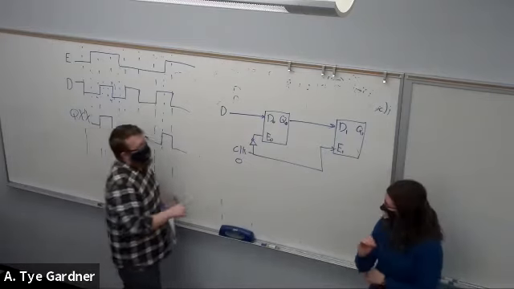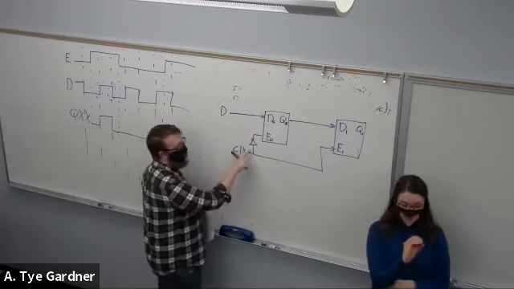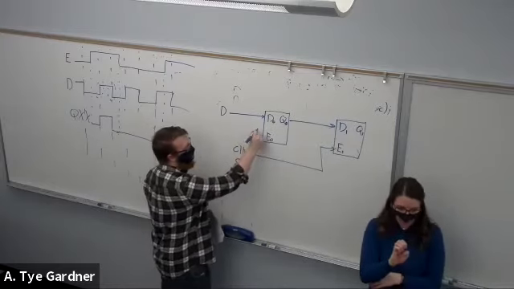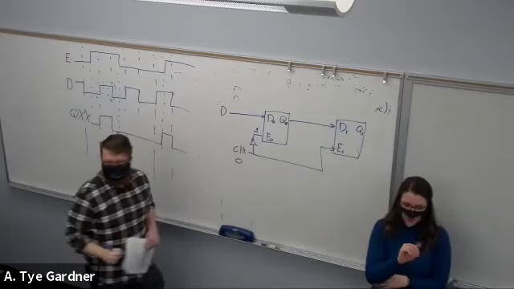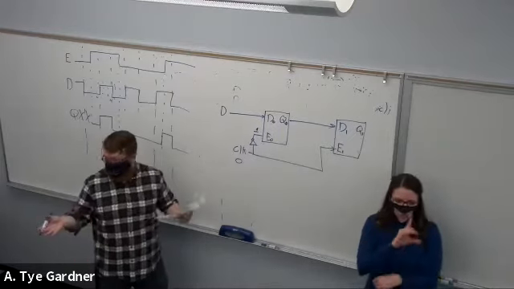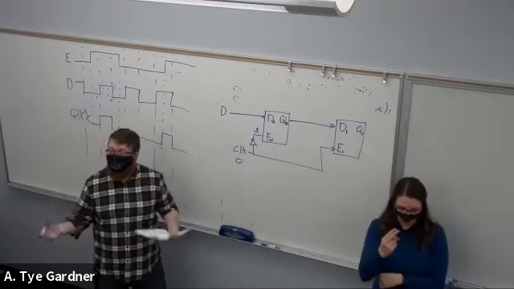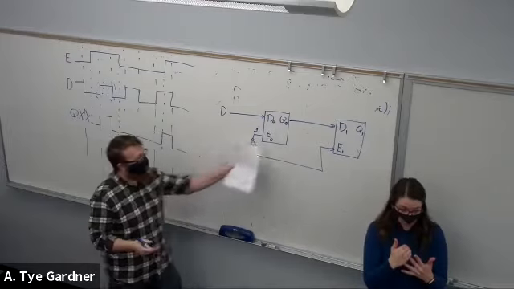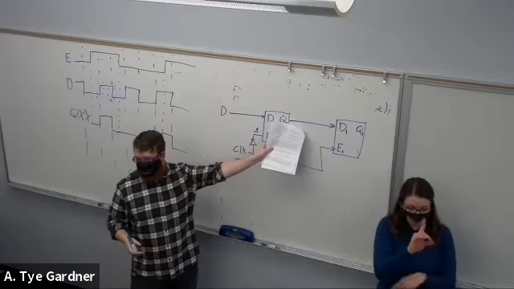Okay, so 0 means my enable not is 1. So this first D-Latch is on, and it's transparent, so whatever is happening on D gets passed through to Q0,